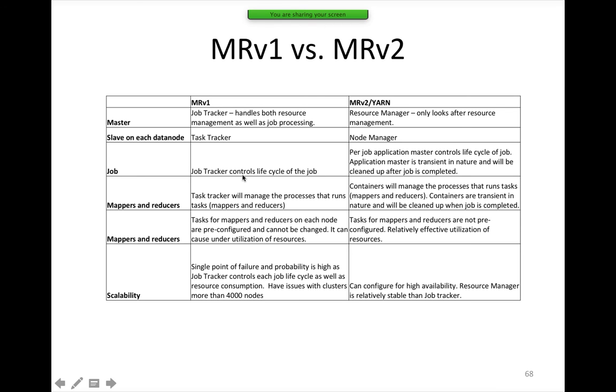Job tracker controls the life cycle of the job, or takes care of job management. The per-job application master is the very important thing. It will take over the data processing or job management for each job, and it is transient in nature and will be cleaned up after the job is completed. So once the job is completed, the application master